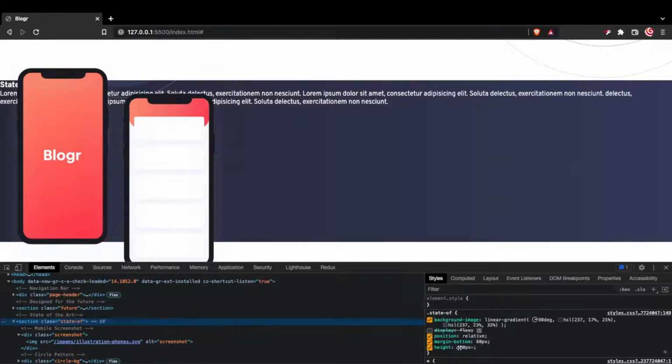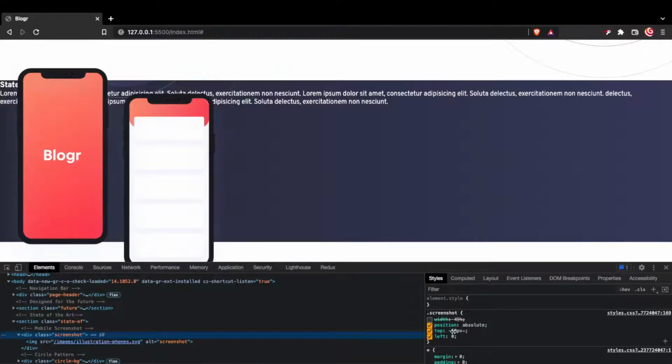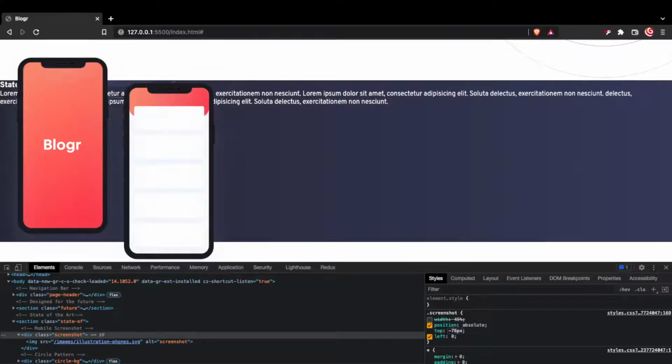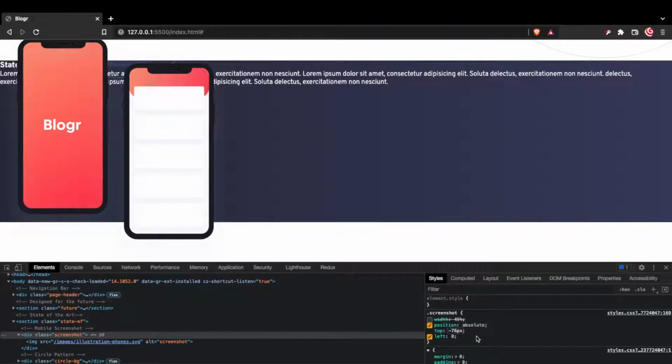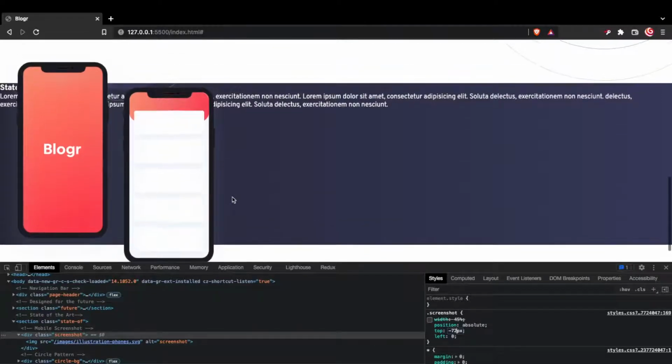So okay, I think to help us place that element appropriately, we need a top of minus 76 pixels. Okay, so I think it's properly placed now. Yeah, minus 76 pixels, and let me just change it to 75, but yeah, 74. So it gives us an idea of what we need. So we now have what we are looking for, which is almost something like this. Then the other thing we need to do now is to just